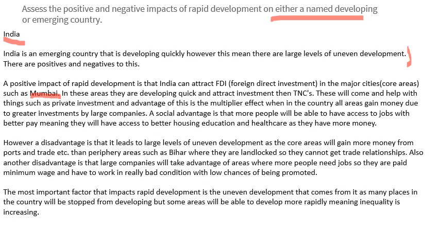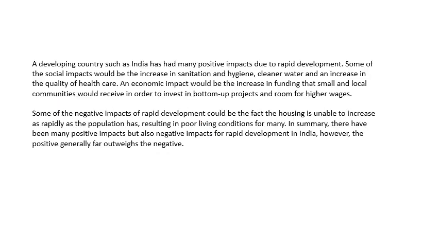It goes on to explain, and it also splits up into social and economic. So it goes into a slightly greater amount of detail. Again, it does a disadvantage. And it also gives a location, and it shows through some of the wording that they've used that they know about that location. Therefore, it has got that little bit more. And again, they've given the judgment at the end of it. And just because it's got this little bit more information in, this would push this into a level 3, around 7 marks.